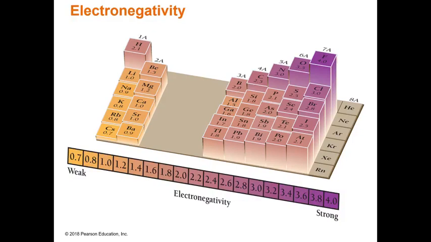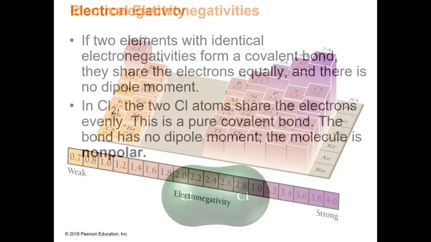Here's another reminder of the periodic trend. Electronegativity increases as you move from left to right across a period and decreases as you move down a group. This trend helps us predict bond polarity in different chemical